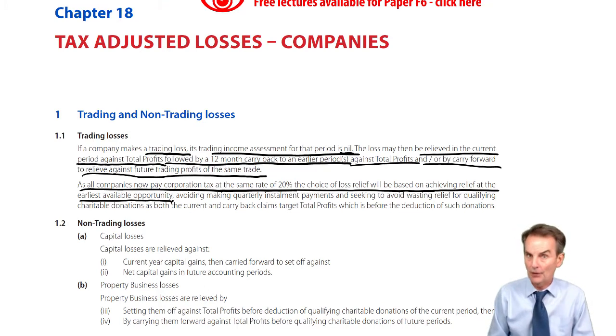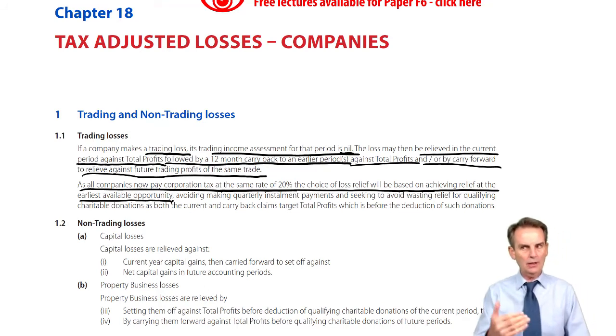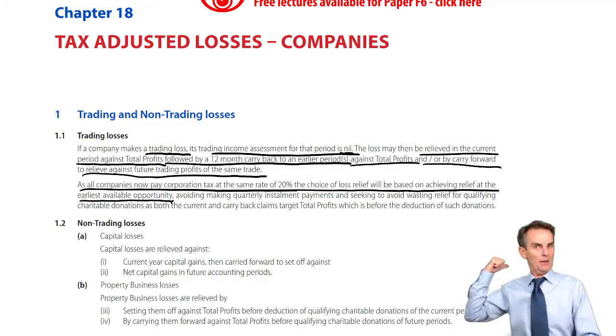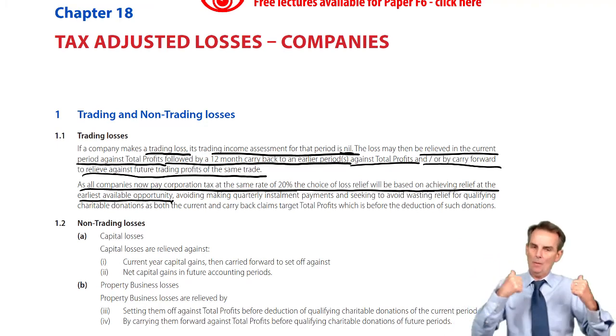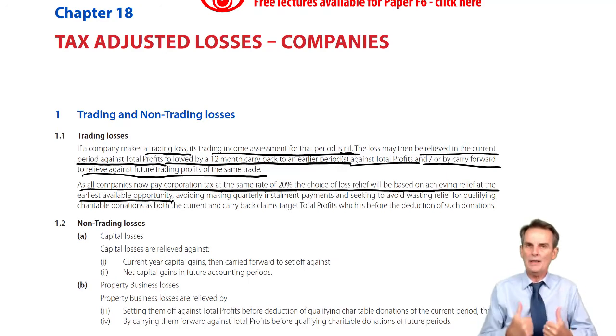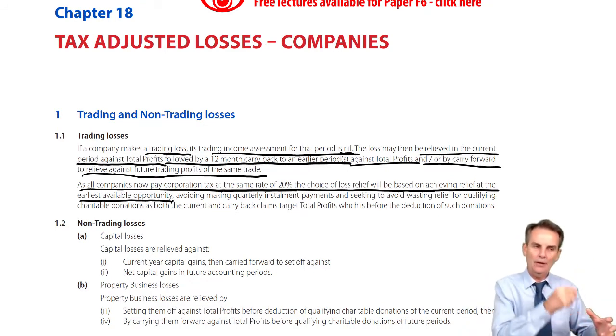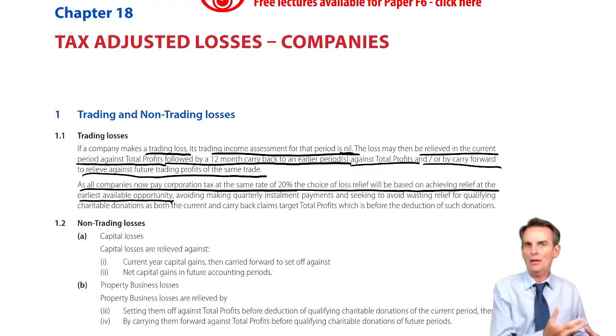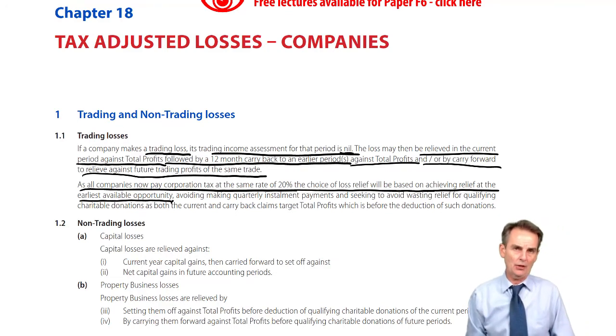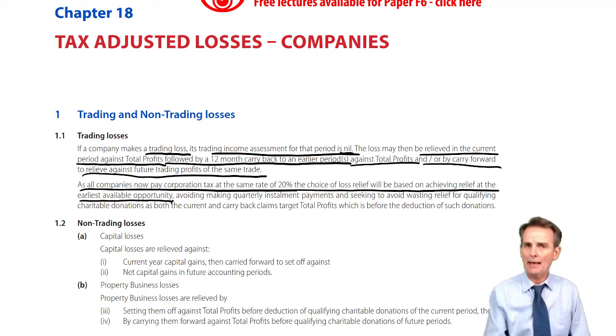Now, the first temptation would be to think that the earliest relief is the previous period. If you can carry back to a period for which you've already paid the tax, then you'll get a repayment of the tax that you paid. The loss goes against a profit. You've already paid the tax on the earlier profit. Now it transpires that you shouldn't have done, because the loss has reduced, if not removed, that earlier profit, so you get your money back. You get a repayment of the tax you paid.